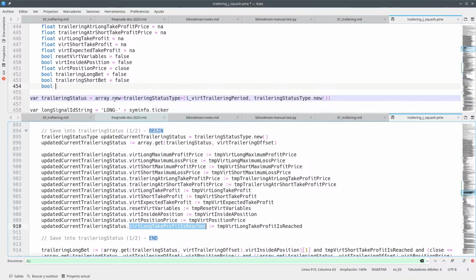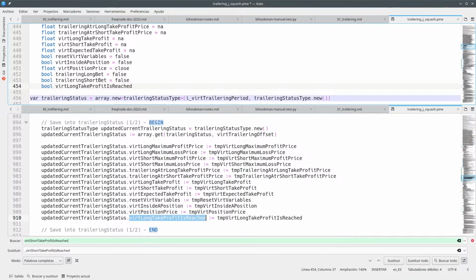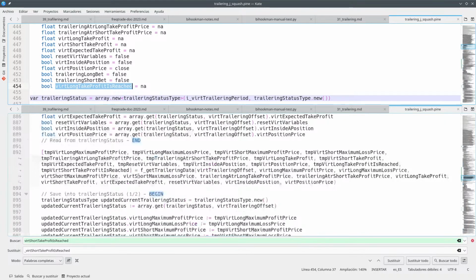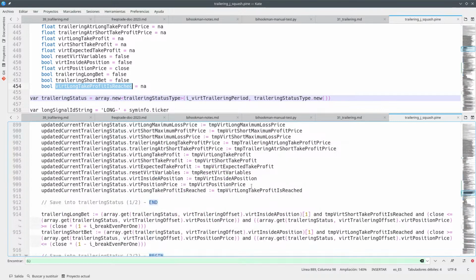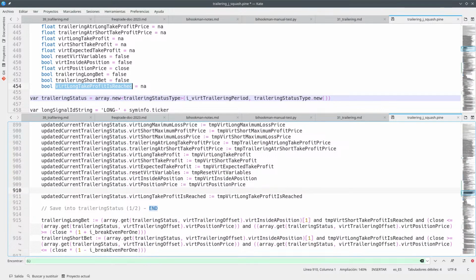So beard long take profit, its reach is going to be an A, because we don't know what value it is. Okay, so here we update it, and here's the magic that we have here. Okay, so this is reached,